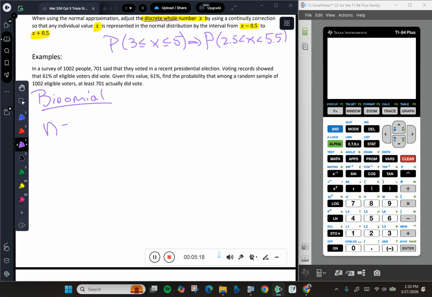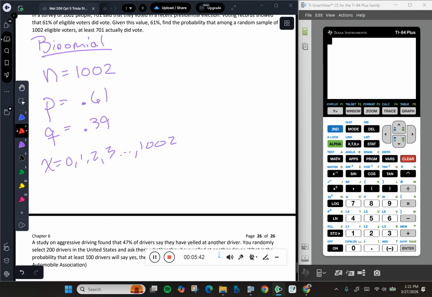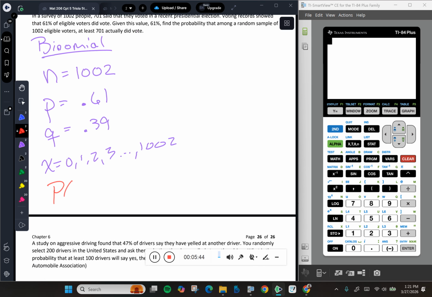We have a sample size of 1,002, right? We have the probability of success, the probability that they did vote, of 0.61. We have a probability of failure of 0.39. Okay? And x could be anything 0, 1, 2, 3, all the way up to 1,002. The probability they want us to calculate is the probability that x is at least